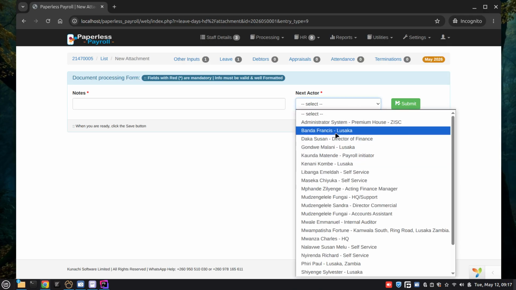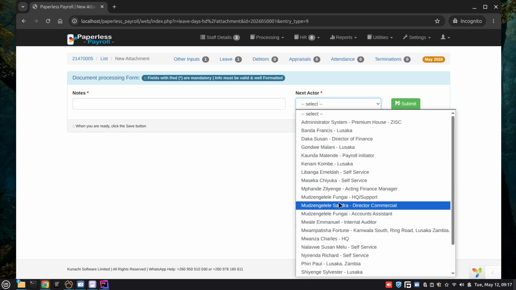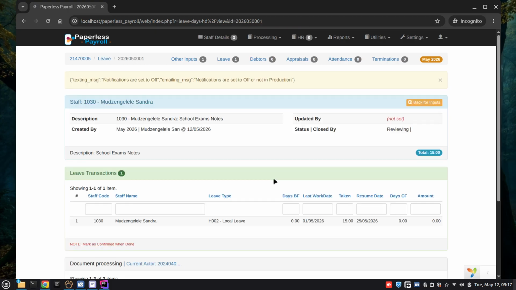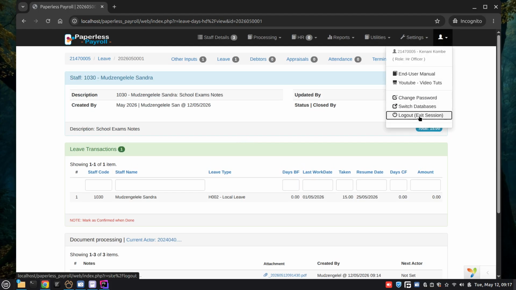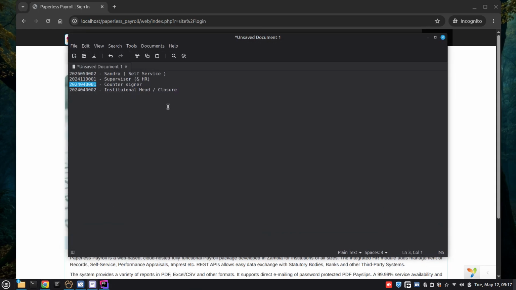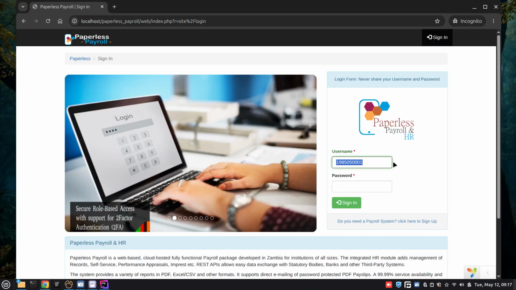So in this case, the next actor is now going to be again Mrs. Lienge. So again here, example notes. This is according to institutional guidelines yet again. So Kenan can log out, and then Mrs. Lienge can log in. Okay, so when she logs in,